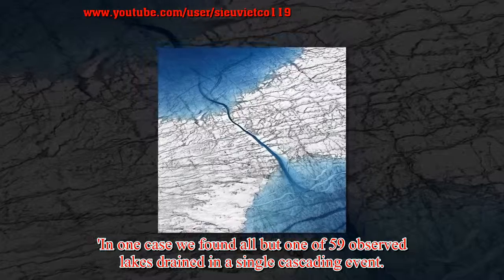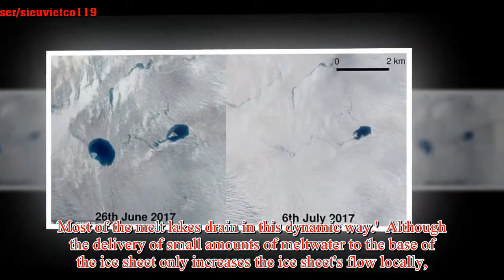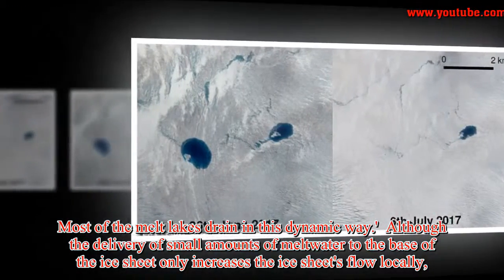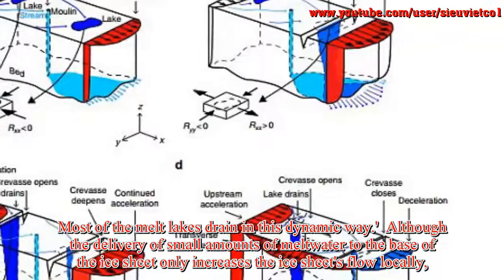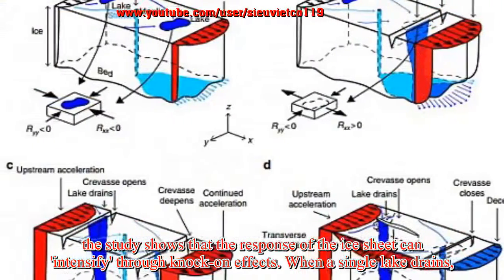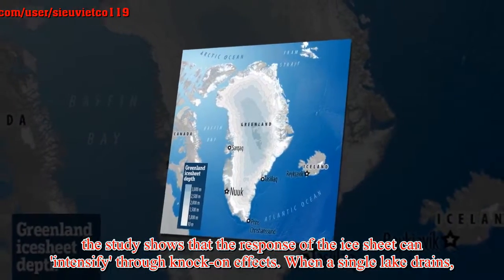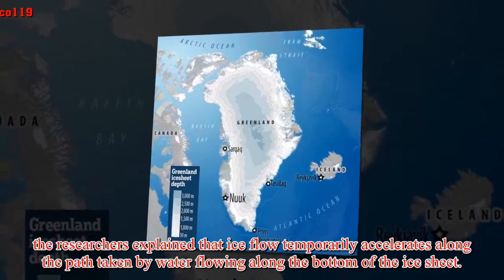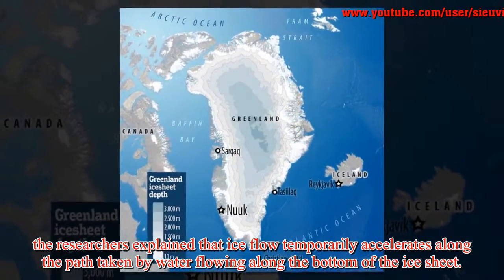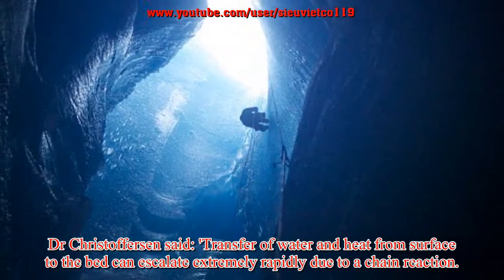Most of the melt lakes drain in this dynamic way, although the delivery of small amounts of meltwater to the base of the ice sheet only increases the ice sheet's flow locally. The study shows that the response of the ice sheet can intensify through knock-on effects when a single lake drains. The researchers explained that ice flow temporarily accelerates along the path taken by water flowing along the bottom of the ice sheet. Dr. Christopherson said transfer of water and heat from surface to the bed can escalate extremely rapidly due